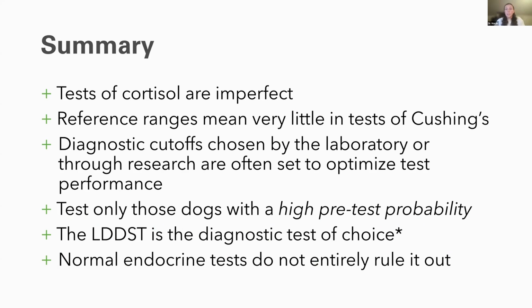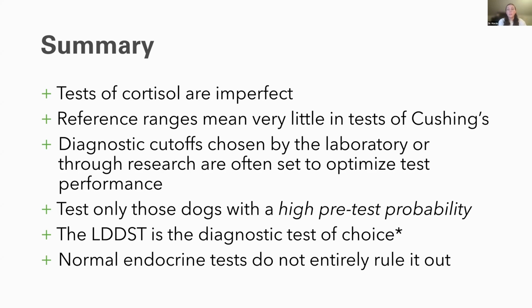So in summary, we hope this has been a helpful review of our diagnostic tests of cortisol as they relate to diagnosis of Cushing's. But the most important take-home points should be, remember that nothing's perfect. And while some of this relates to natural sporadic variability in cortisol levels, much of this can be mitigated by making sure we're testing only the best samples, only the non-lipemic, non-hemolytic samples. Remember that normal reference ranges can mean very little in the world of Cushing's, and it's really diagnostic cutoffs that we care about,